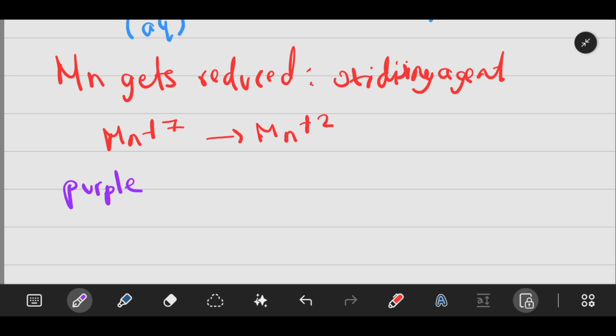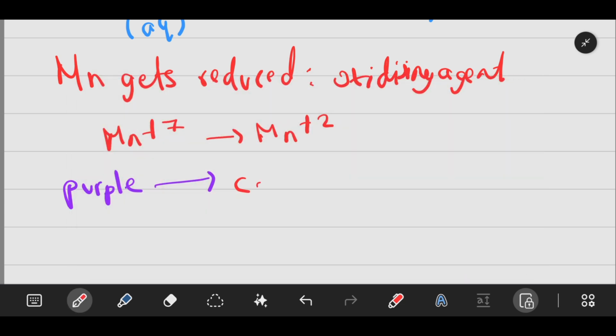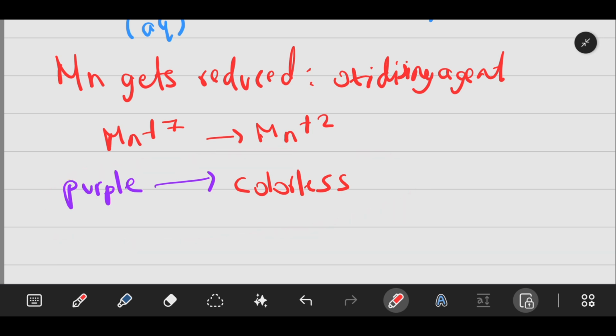Now when it gets reduced, it becomes colorless. If I show colorless, it's going to be literally colorless, so you just visualize it, okay? So this oxidizing agent gives us a color change from purple to colorless, because it's a transition element, and transition metals form colored compounds, so that's why we're getting a purple color, and when it gets reduced,